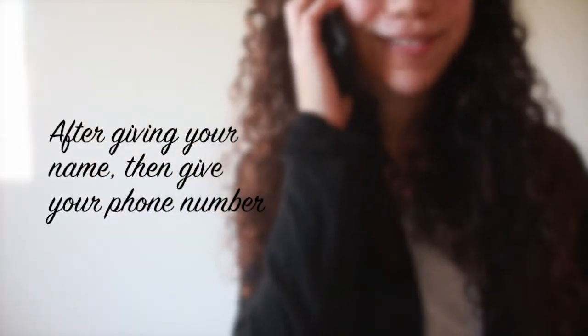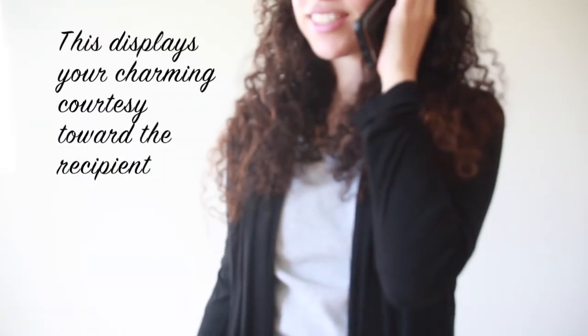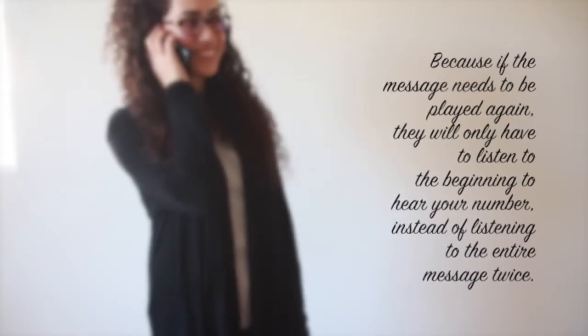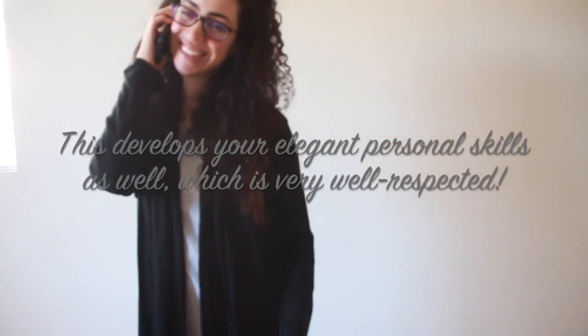Calling from 555-4321. This displays our charming courtesy for the recipient, because if the message needs to be played again, they will only have to listen to the beginning of the message to hear our number, instead of listening to the entire message all over again. This is also a great way to develop our elegant personal skills, which are very well